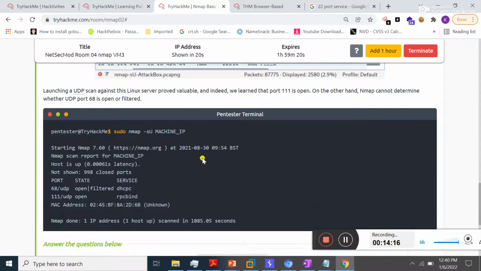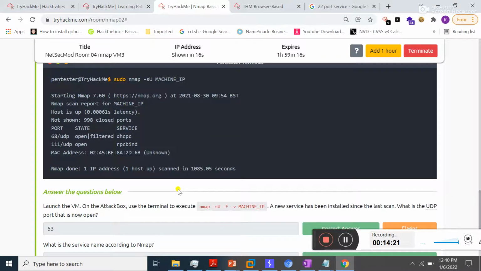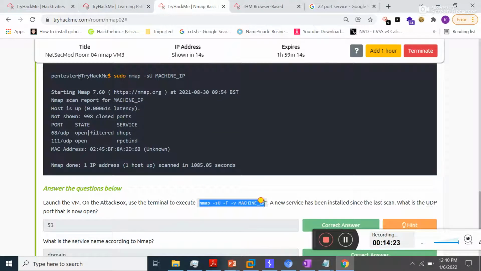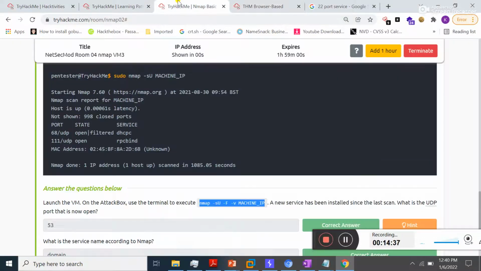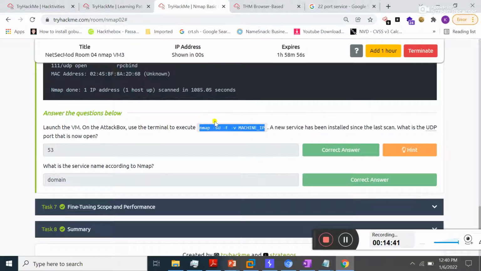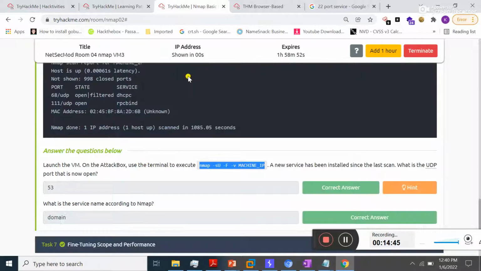Okay guys, a picture is present here against the target machine. I'm going to copy this command here and move to my terminal in order to perform UDP scan and hit enter. Okay, I should specify here the machine IP, that is, okay, the machine is not shown to me.